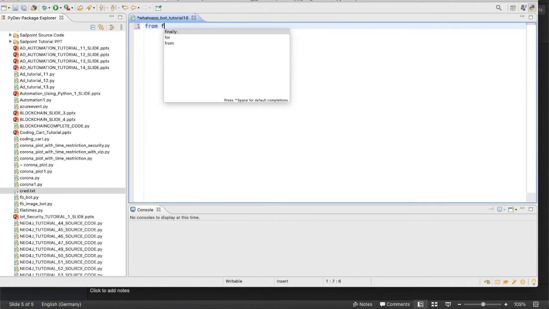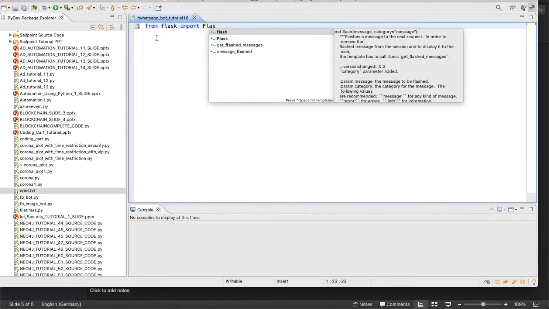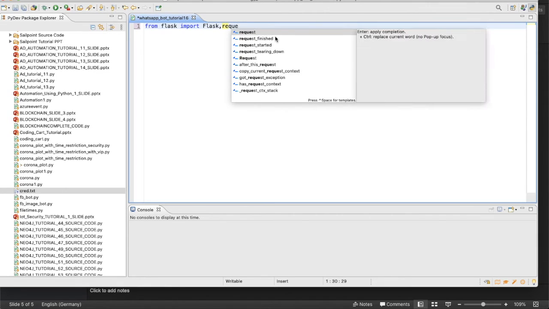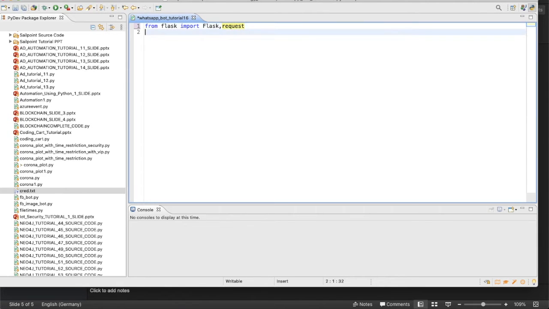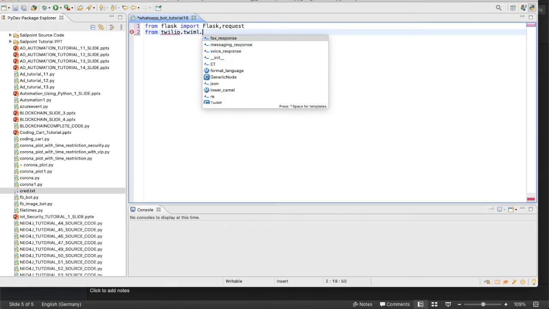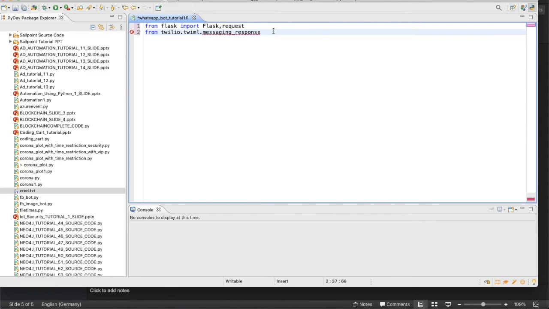From flask import Flask, then request. And after that we'll write from twilio.twiml.messaging_response import